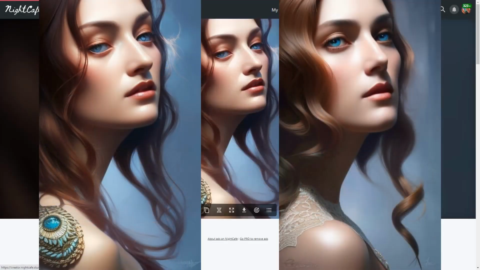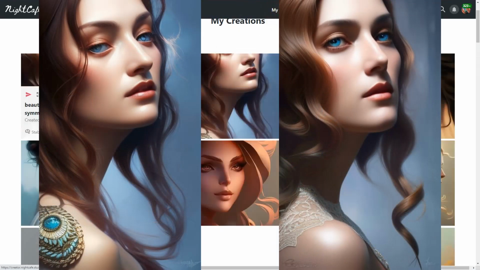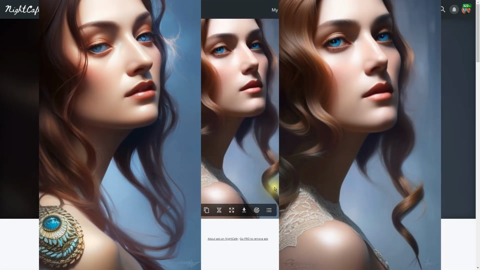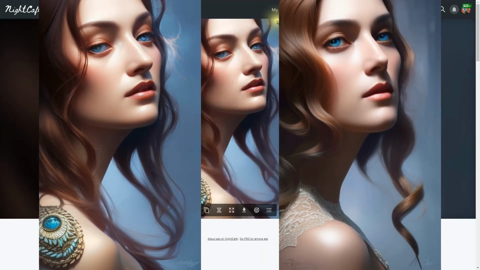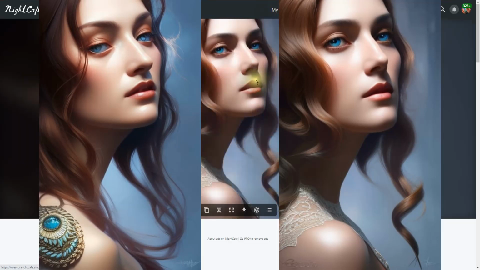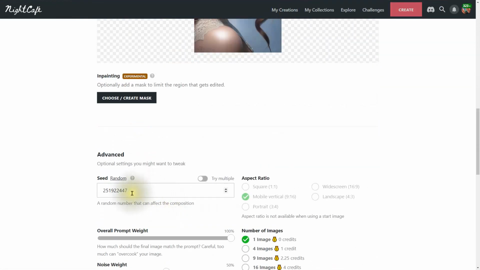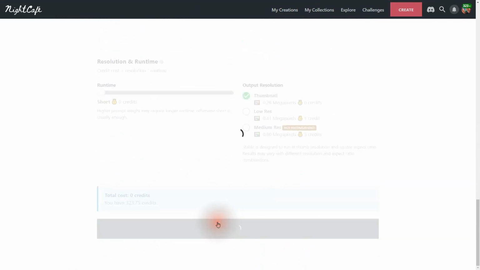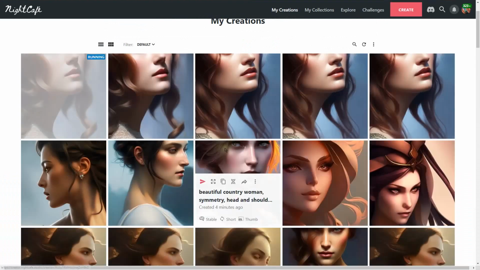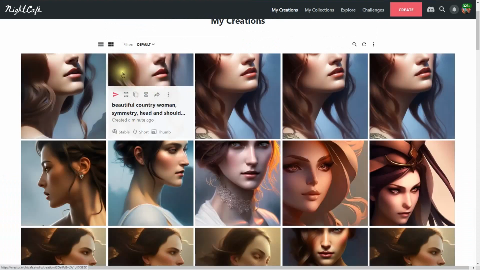And welcome back. Okay, so let's compare these two. We have that one, the change, this one. So here she has something different on. Her hair is a little different, a little bit different in the eyes, right? Really similar. And that was done by evolving it. So let's evolve it again. And I will choose another seed number. Let's see what happens here. And remember, you can always hit pause there to see what changes I do.